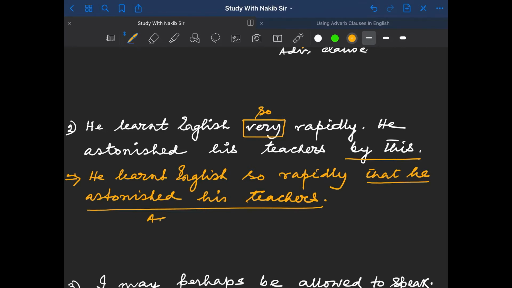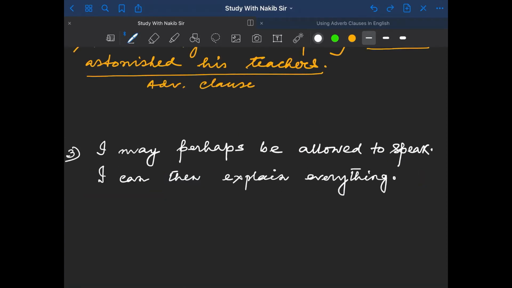So it is an adverb clause. Effect and adverb clause. So rapidly, and this is the effect. So it is an adverb clause. Now see the question, third question. The answer is,